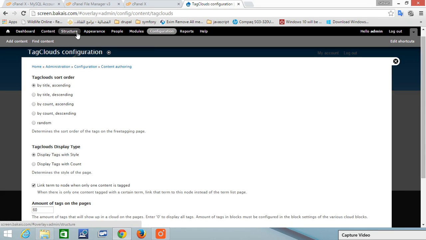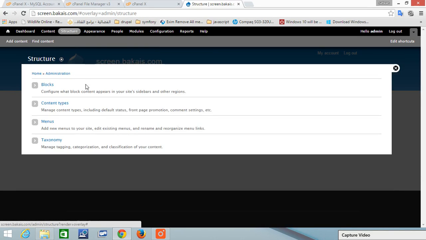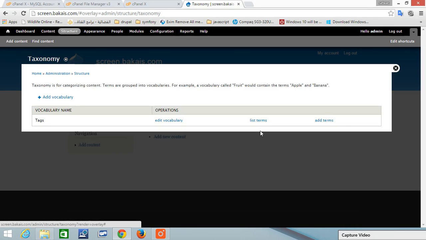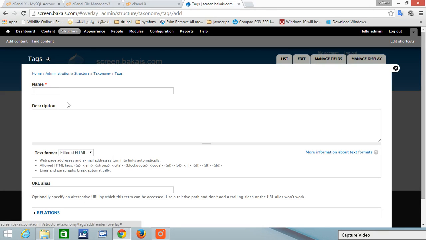What you do next is go to structure. You have the content type and the taxonomy. We need to create taxonomies first. Under the tag we add terms. So let's call this one term